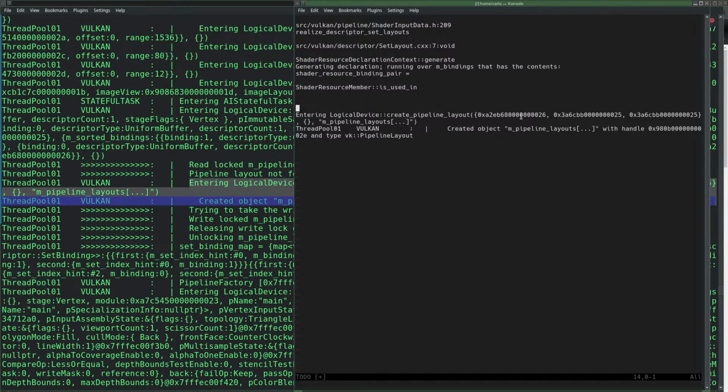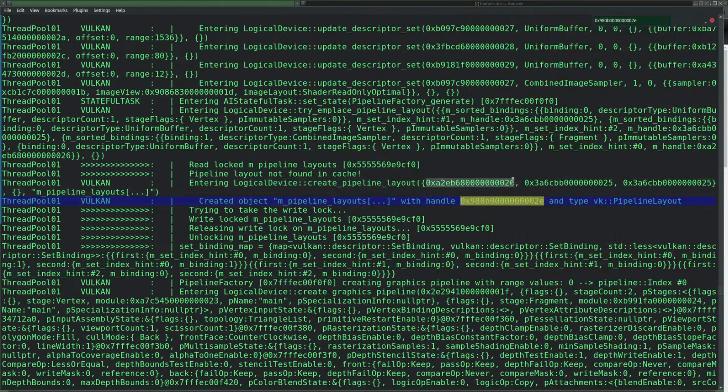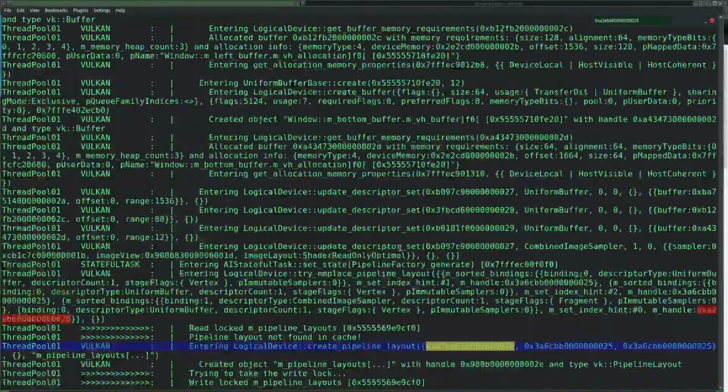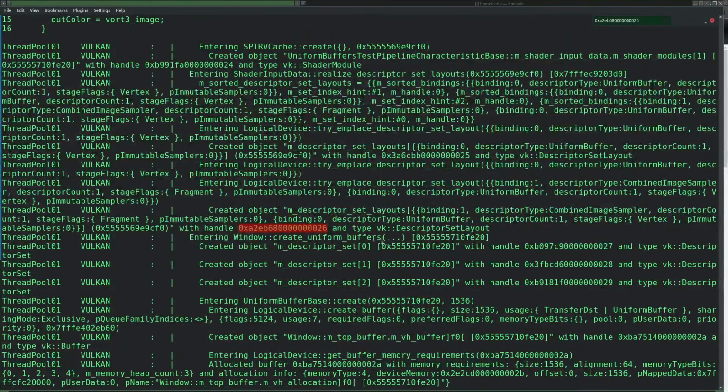Now I need to know what these are. Well, let's see, the first one is... just highlight it as well here, with handle. Yeah, created object descriptor set layout binding 1, so that should be the top. Descriptor count 1, 0 as a uniform buffer. No, it doesn't say top.